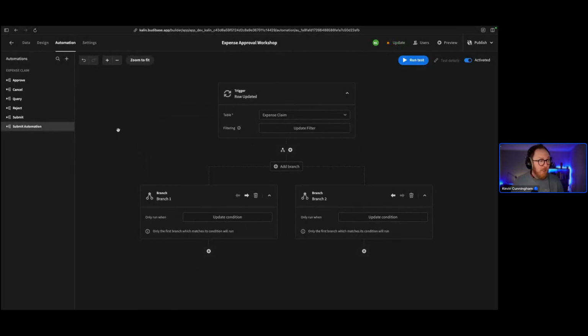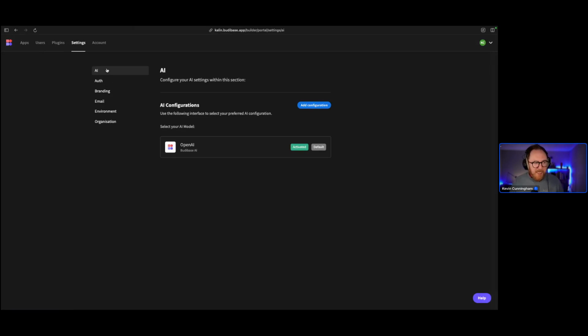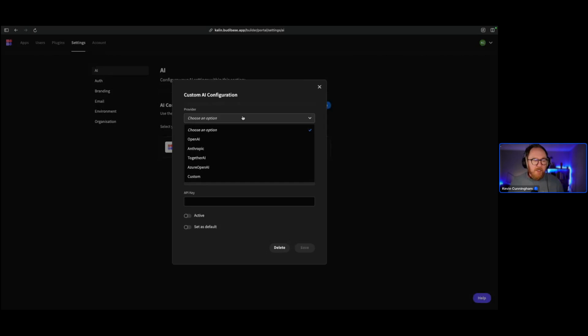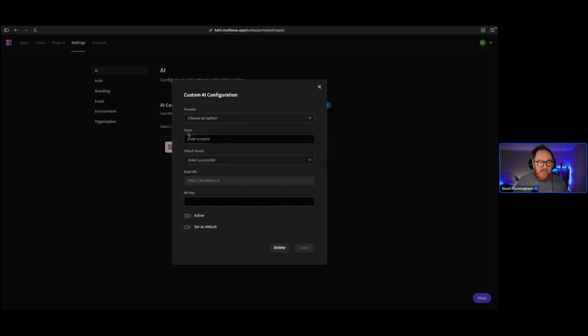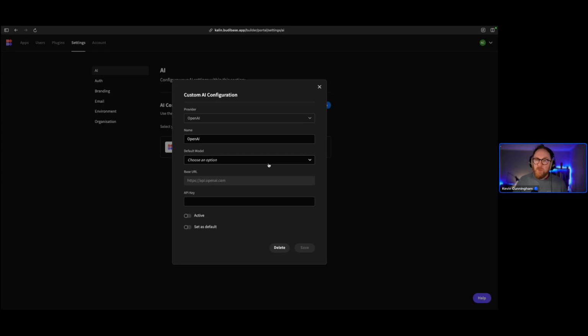Now, AI is only available on enterprise. If you come up to the settings level in AI, you can add configurations for any of the main providers. We've got defaults built in for OpenAI, Anthropic, Together, and Azure, but you can also use custom. If there's an API endpoint for an AI that you're using, their documentation will tell you what you need to do. You then enter a name for it and select a model from that provider. So if I was using OpenAI, I can decide which of the models I want to use to run my